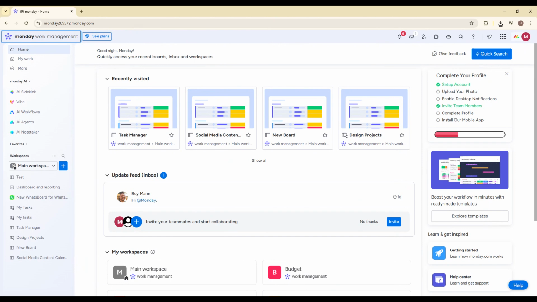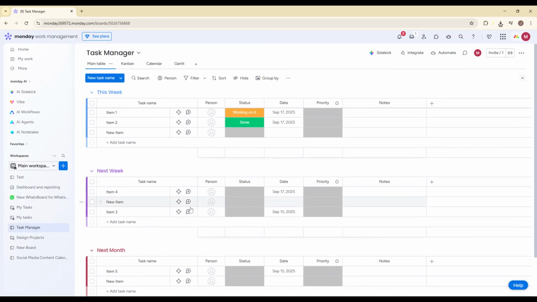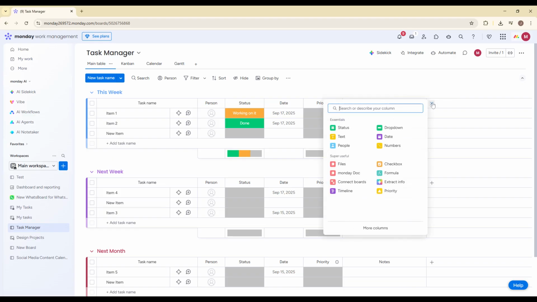Let's start with how to add columns in Monday.com. First, open the board where you want to add a column. Go to the left sidebar and click on the specific board you'd like to edit. Once your board loads, scroll all the way to the right side of your table. At the end of your existing columns, you'll see a button labeled Plus Add Column. Click on that button. When you click Plus Add Column, a panel will open showing all the available column types